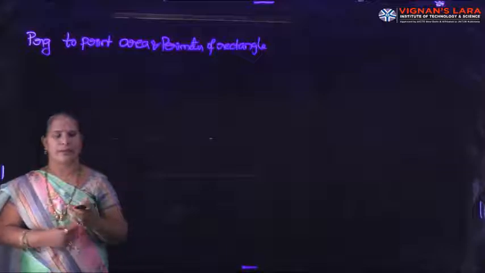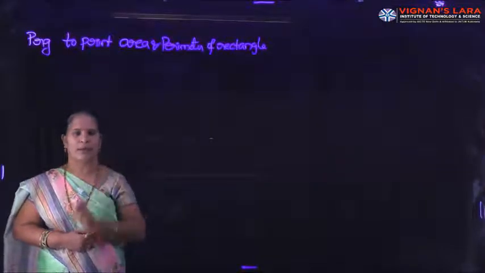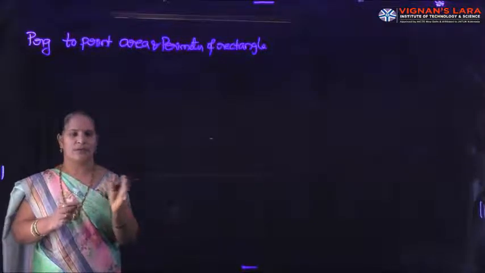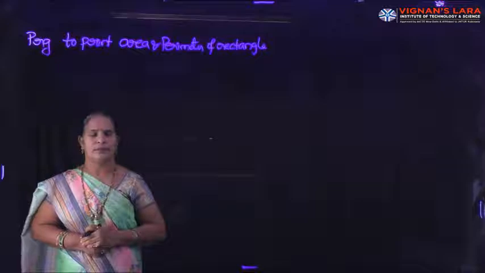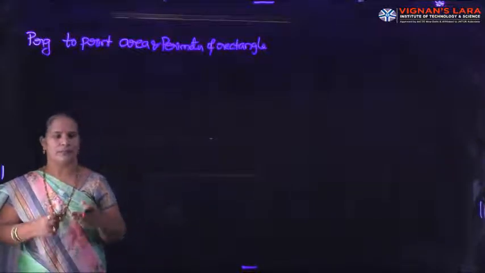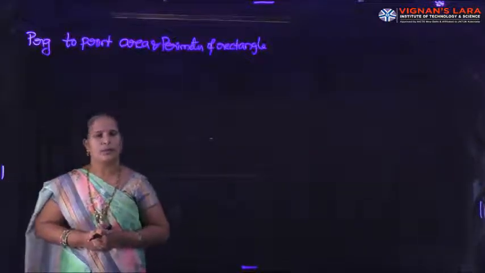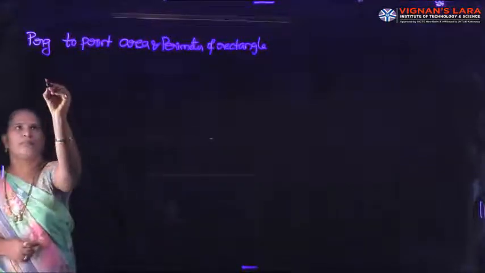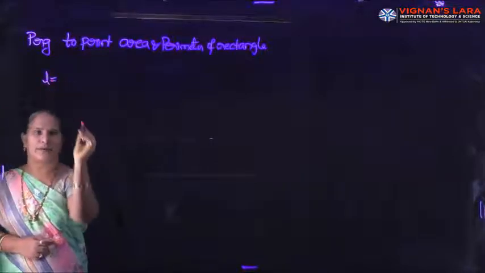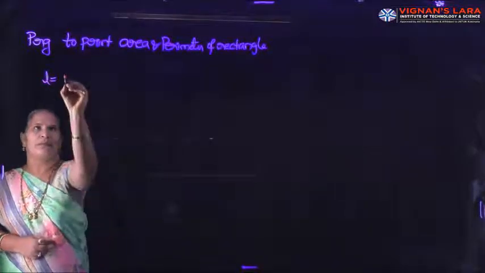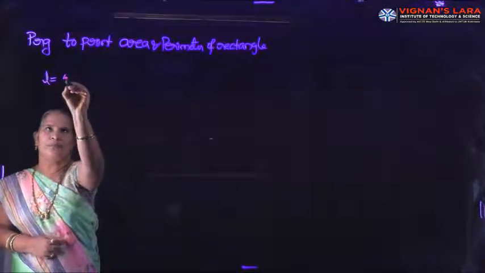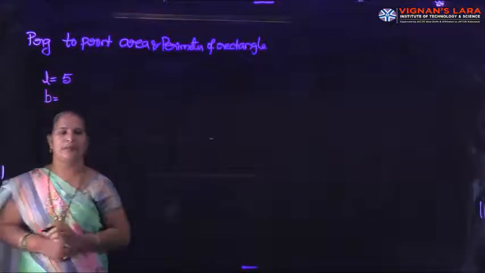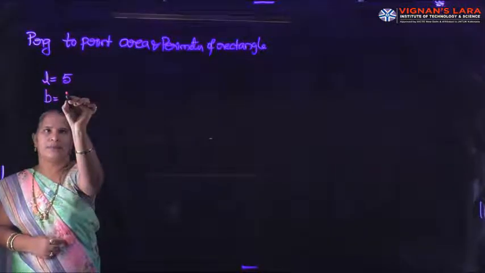Here we require variables. One is for length and the other one is for breadth. Multiplication of these two will be stored in area. Similarly for perimeter, we have to take one more variable. So in order to write this program we require 4 variables. For length I am taking variable L, and I am initializing L with 5. Next, for breadth I am taking variable B and I am initializing B with 5.